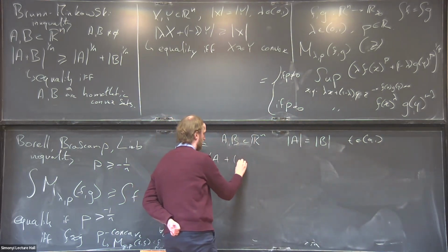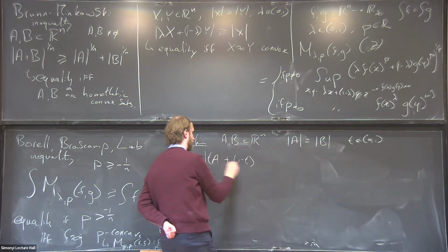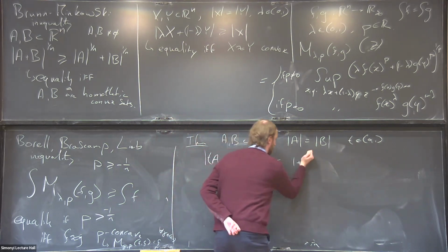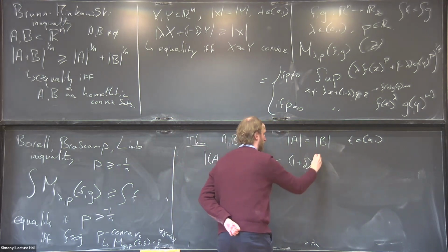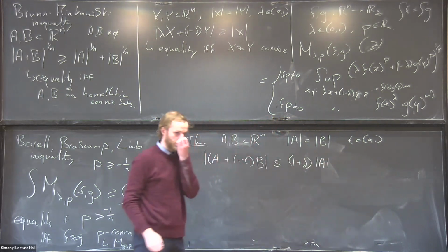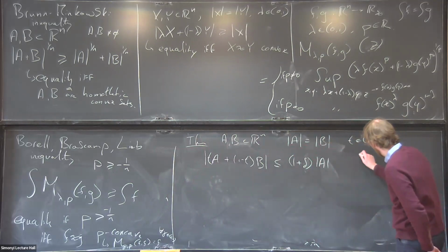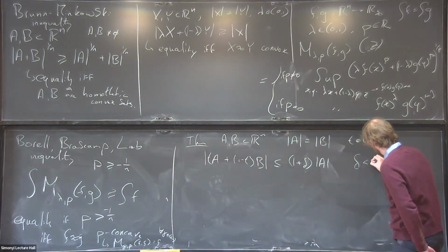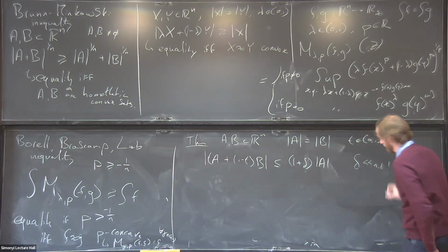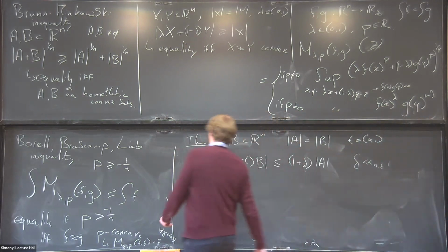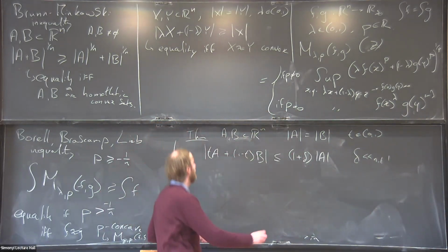If the weighted average between A and B is at most 1 plus delta times the size of the individual sets, in this case I'm going to put an extra condition, namely that delta is small in terms of the dimension and the parameter T that measures the average between the two. Then